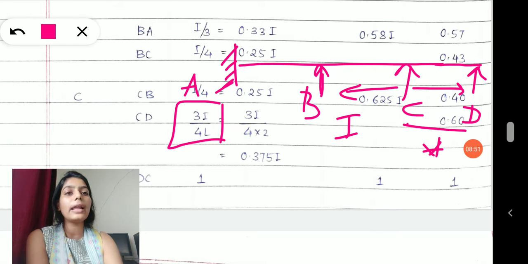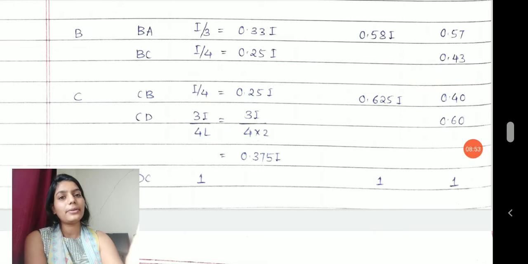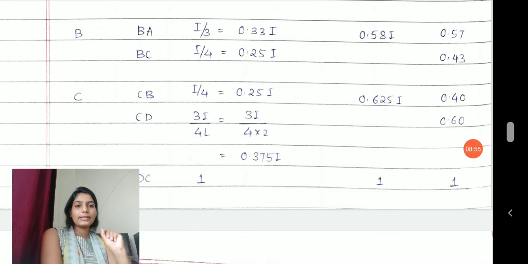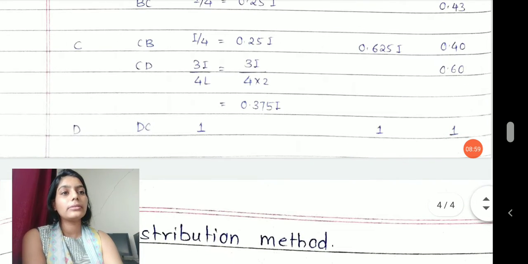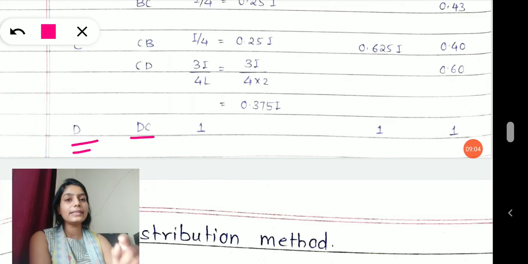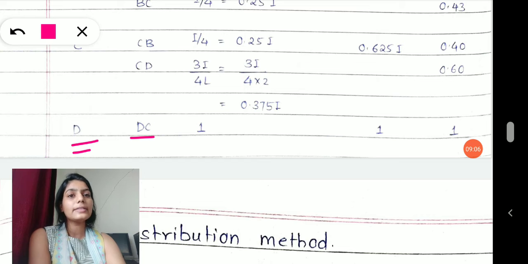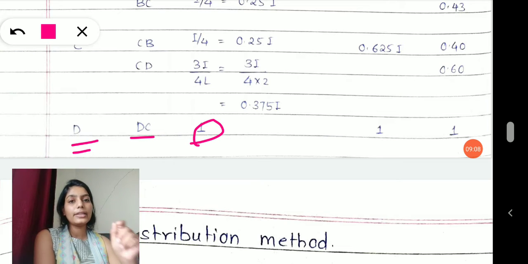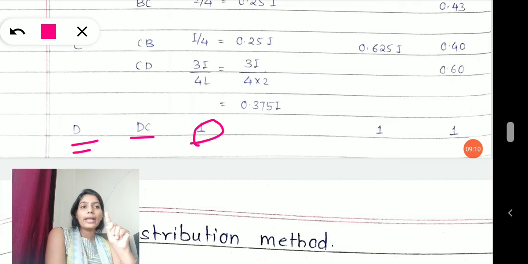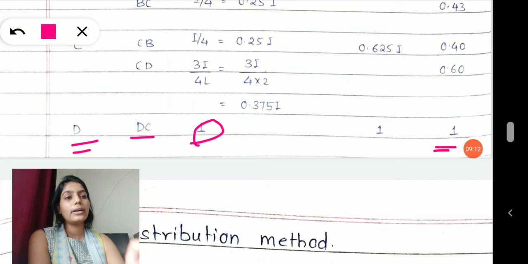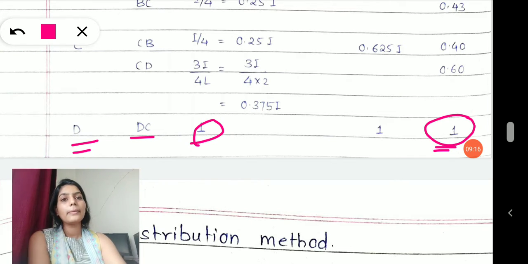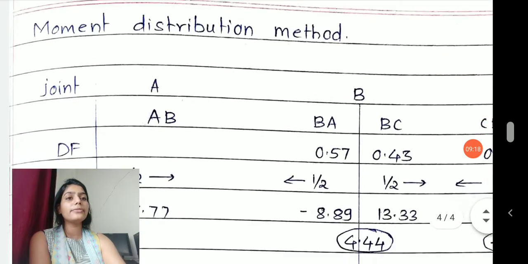Now put the value of L into it and calculate the rest of the things in this table. Lastly, pay attention, this is also very important: D, for the DC span, the last span, I have taken a stiffness K value as 1, and I continue that for that support. The distribution factor becomes 1. Now check here why I have done that.